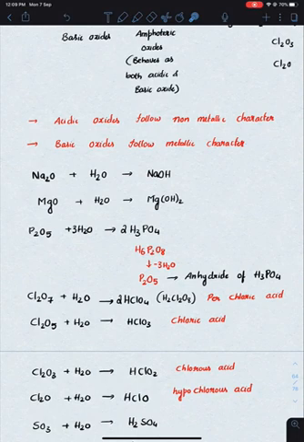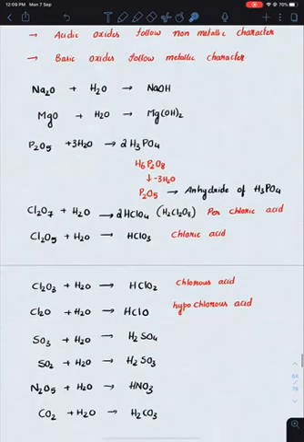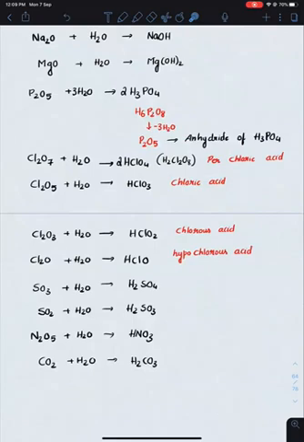Like in this particular case, HClO4 or HClO3. If they are asking the anhydride of HClO4, multiply it with 2, H2Cl2O8. You can remove one H2O molecule. After removing H2O, you will be left with Cl2O7. So Cl2O7 is called the anhydride of HClO4. What does that mean? If you take Cl2O7 and put that in water, you will get HClO4. Similarly, if you have SO3 and put that in water, you will get H2SO4. So SO3 is the anhydride of H2SO4. Similarly, HNO3's anhydride is N2O5. H2CO3's anhydride is CO2.